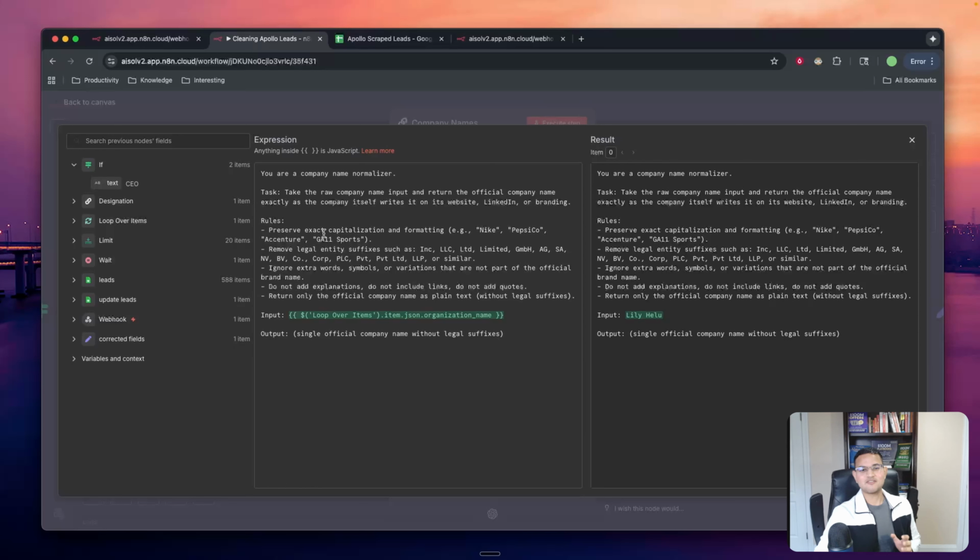So to avoid that from happening, these are the rules that we have. We have, preserve capitalization, okay, remove the legal entity suffixes, so like Inc., LLC, so on and so on, and then standard stuff, don't add any explanations, so on and so on. And the interesting thing here is actually that what we're doing is we are trying to refer to it as the company refers to itself on its website, LinkedIn, or branding,